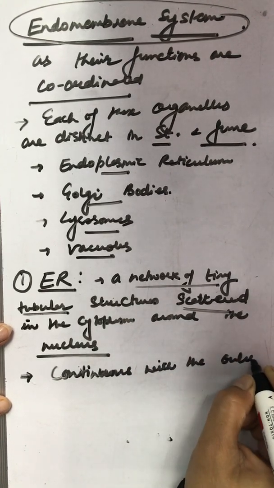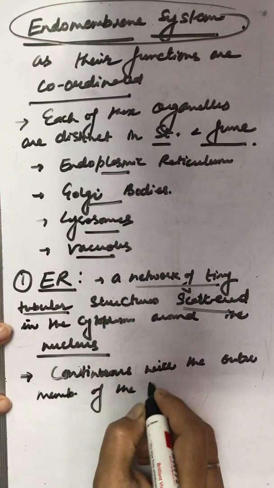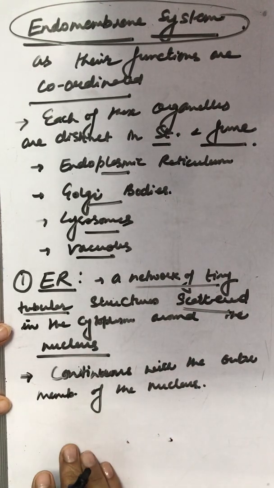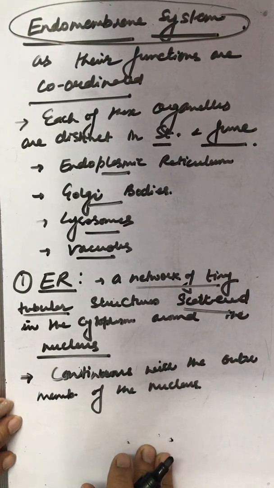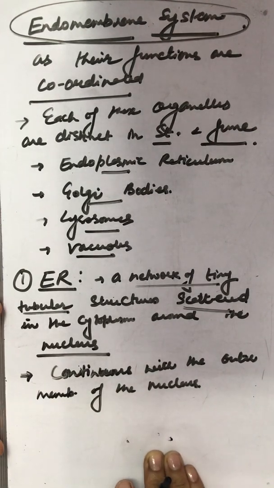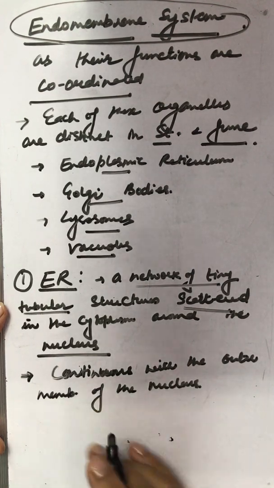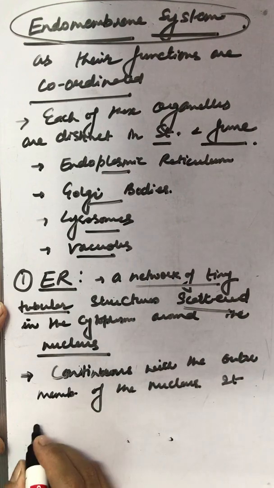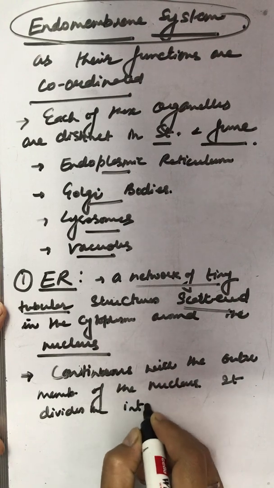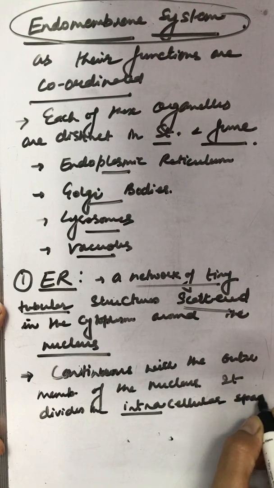with the outer membrane of the nucleus. When it joins there, it divides the intracellular space of the two distinct compartments, right? Inner and outer cytoplasm. It forms inner cytoplasm and outer cytoplasm. Means it divides the intracellular space. Intra means within the cell. Intracellular space